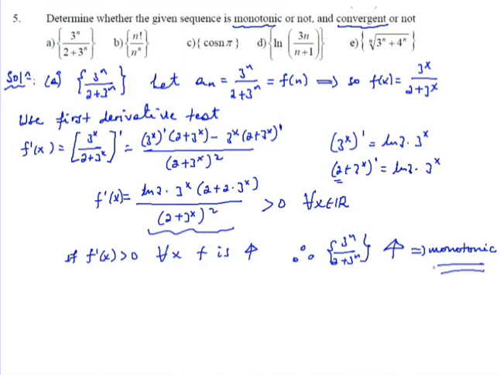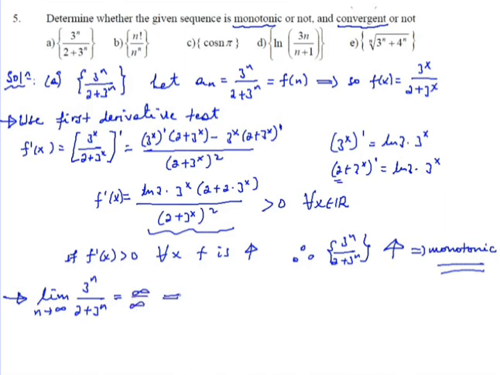A sequence monotonic ነው የሚባለው ወይ increasing ወይ decreasing ሲሆን. Okay, monotonic መሆኑን አሳየን. ሌላኛው ነገር ደግሞ convergent ነው ወይስ አይደለም የሚለው ነገር ቼክ እናደርጋለን. አሁን using the first derivative test monotonic መሆኑን አሳይተናል. convergent መሆን አለመሆኑን ደግሞ ሊሚት እንወስድና the limit of the nth term of the sequence 3 the power of n over 2 plus 3 the power of n as n approaches infinity ምንድነው የሚሆነው የሚለውን ነገር እናያለን. So ይሄ ሊሚት as n approaches infinity, infinity over infinity ስለሚሆን ምን መጠቀም